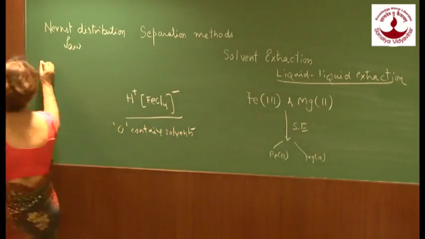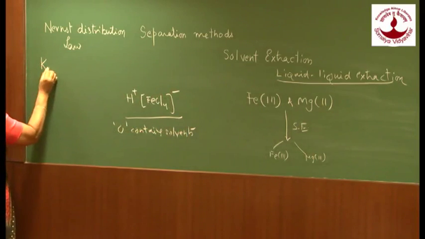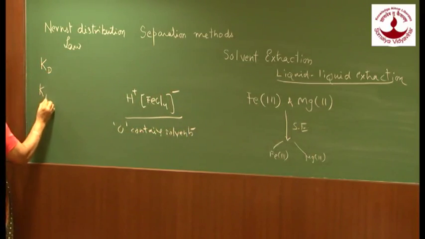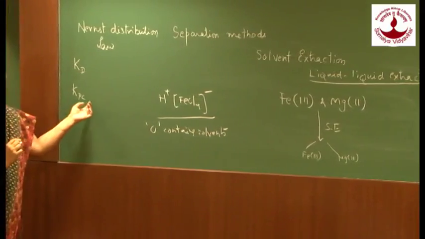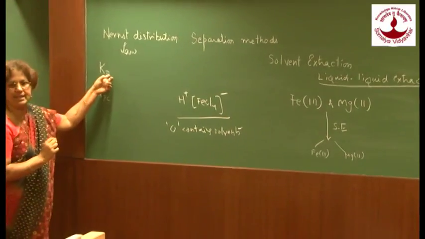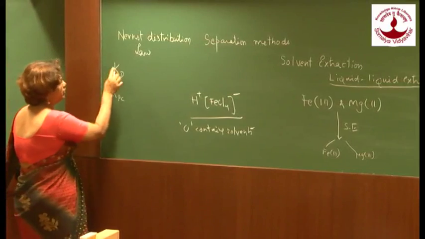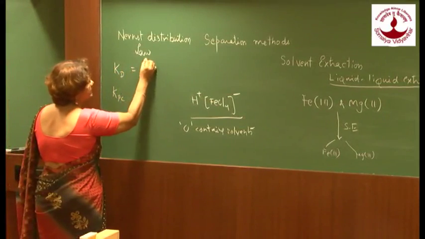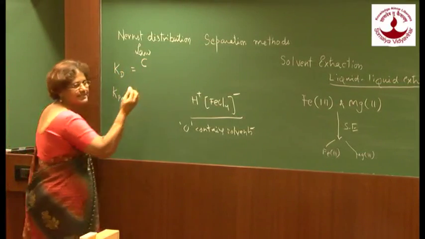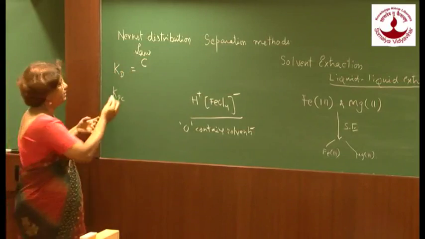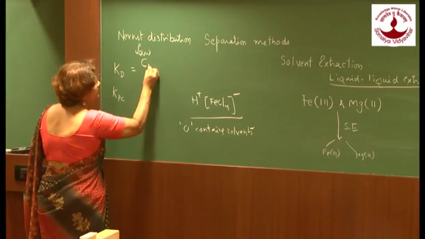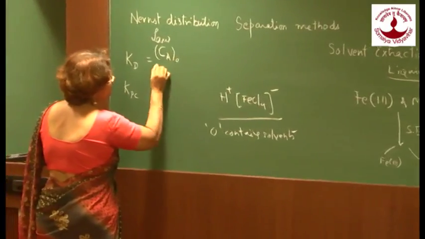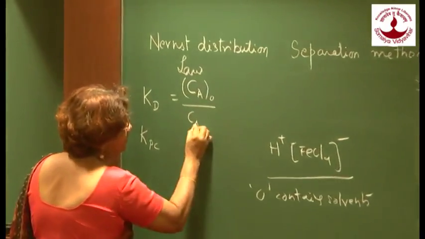We can write it as KD, or we can also write it as KPC. PC means partition coefficient, D means distribution coefficient. So KD is equal to, let us say we are dealing with species A, concentration of A in the organic phase to concentration of A in the